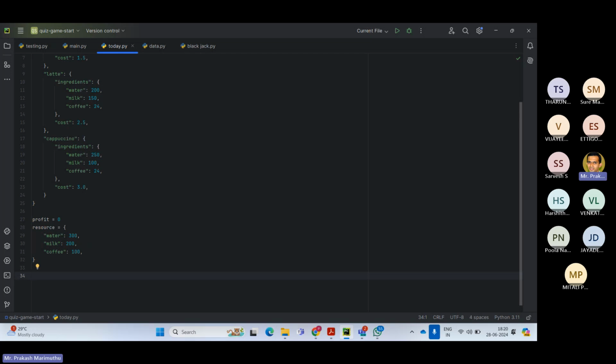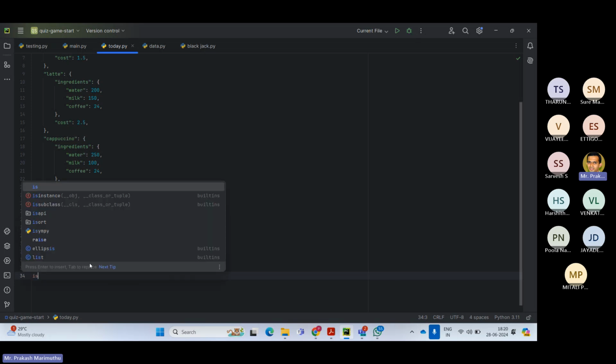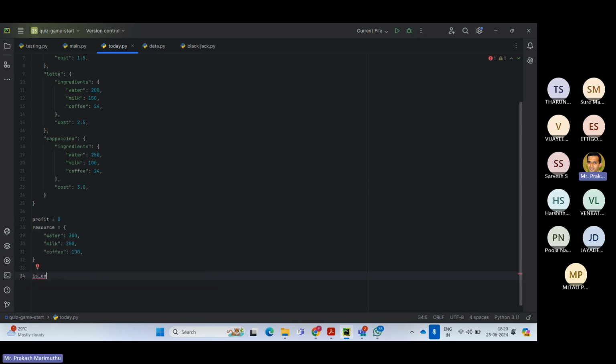If you want to go repeatedly in the program, generally we use a flag, true, false, like that. So here I'm starting. Is the machine on? is_on equal to true. When you don't want a coffee, when you press off, this flag will be turned false and the loop will not run. So I'm initially making is_on equal to true. Now while is_on,